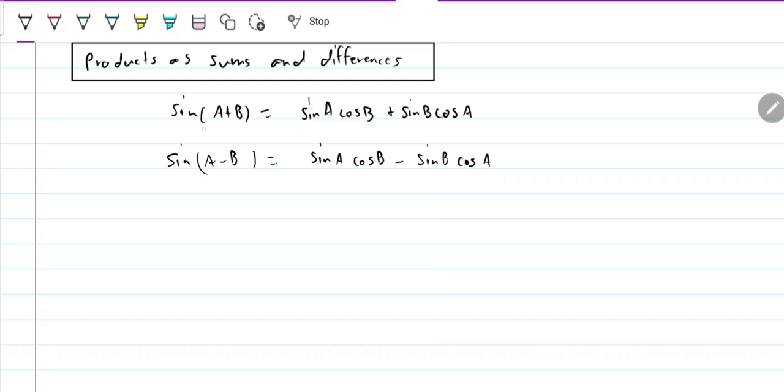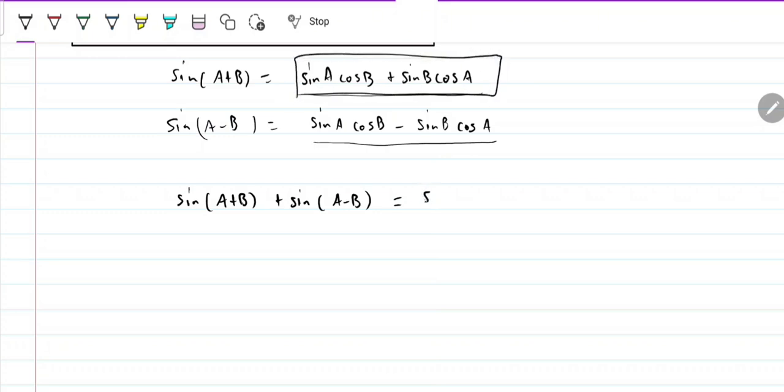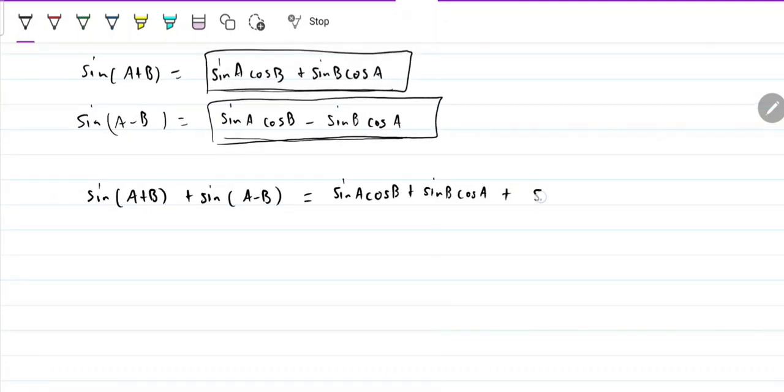Now, for the identities where we take a product and convert it to a sum or difference. Now, we know that sine A plus B is equal to this over here, and sine A minus B is equal to this here, right? Now, what is sine of A plus B plus sine of A minus B? What's that equal to? Well, we're going to take this, sine of A cos B plus sine of B cos A, and add it to this here, right? Sine of A cos B minus sine of B cos A,